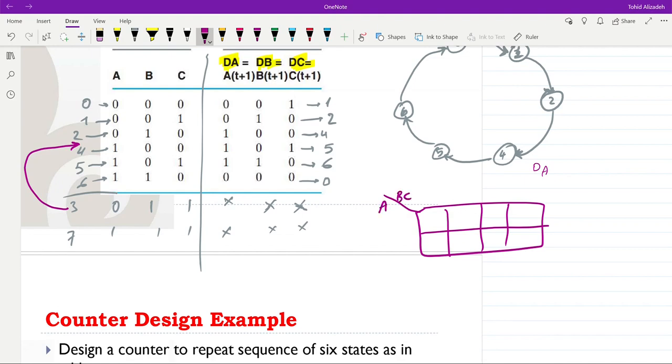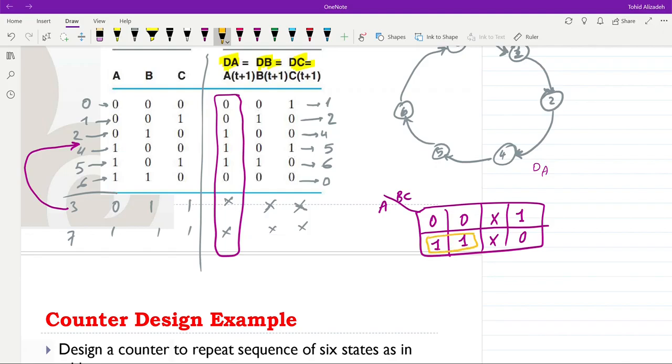We have A, B, and C. If I do it for DA, I will refer to these columns, so we have 0, 0, 1, X, and then we have 1, 1, 0, and X,